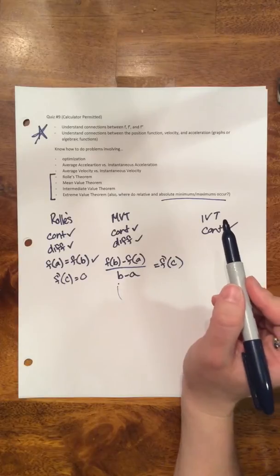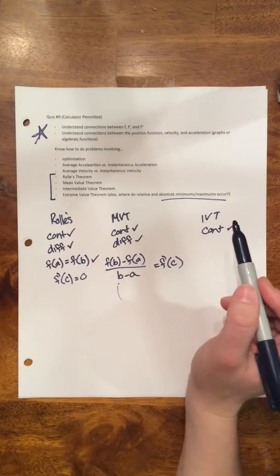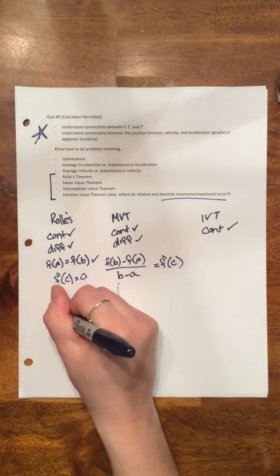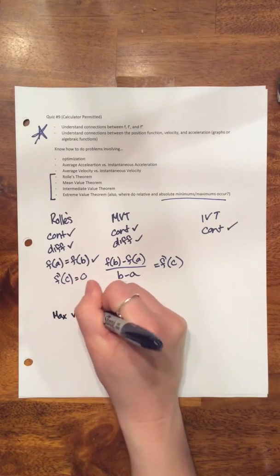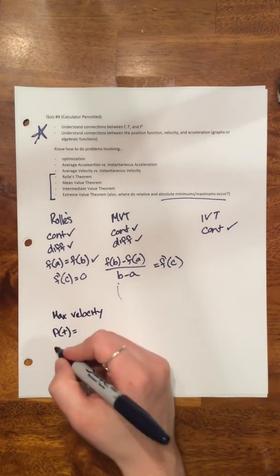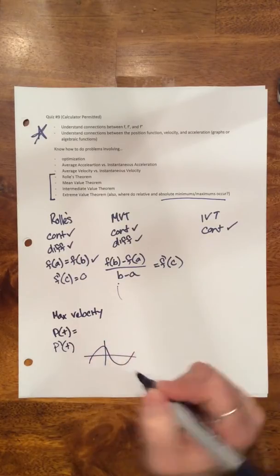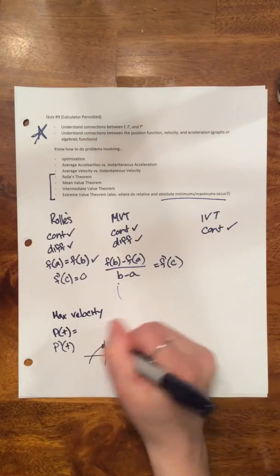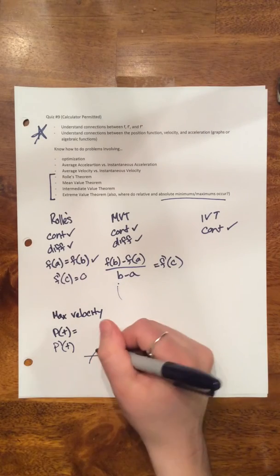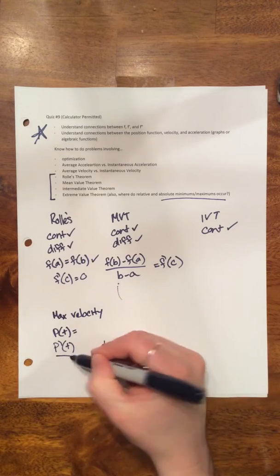If you are given something, let's say you want to find the maximum velocity, but you're given some position function, you can take the derivative and then just check out the graph. Let's say the graph looks like this. Here's my maximum velocity. So use your calculator and do second, calculate, and then find the max, left bound, right bound. And remember, if you're finding the actual velocity, that would be p prime of t,